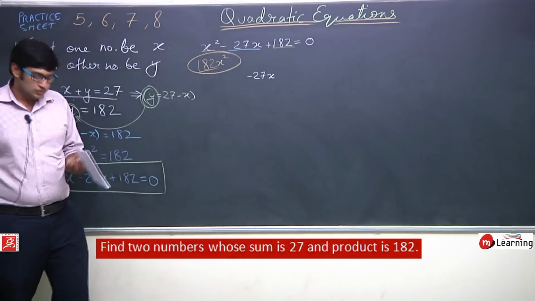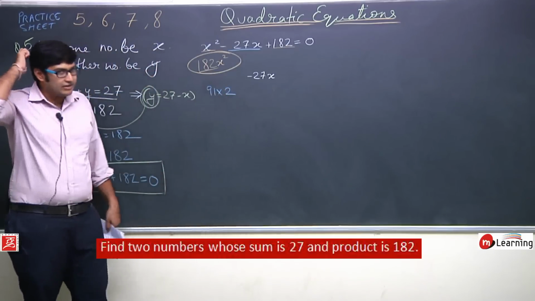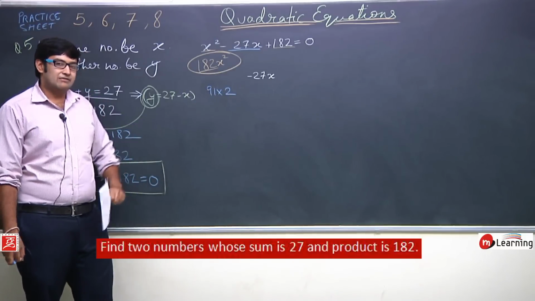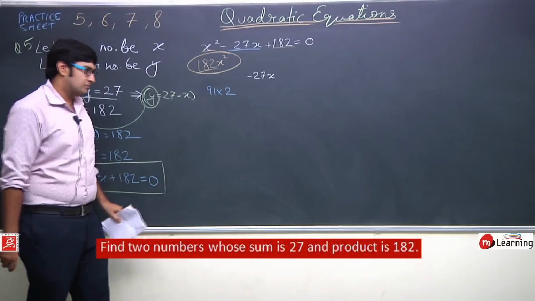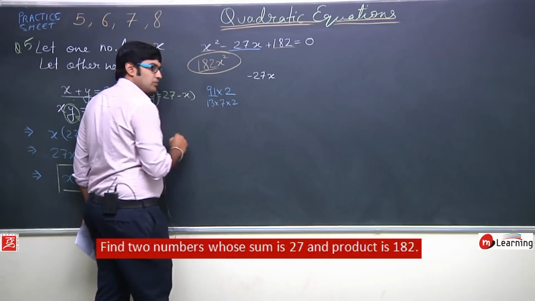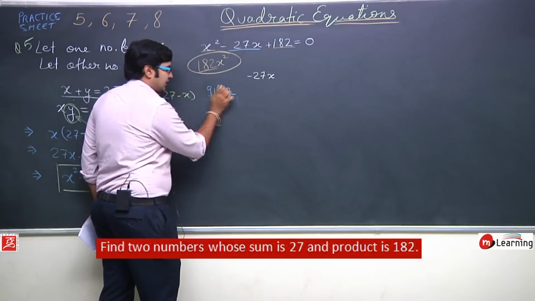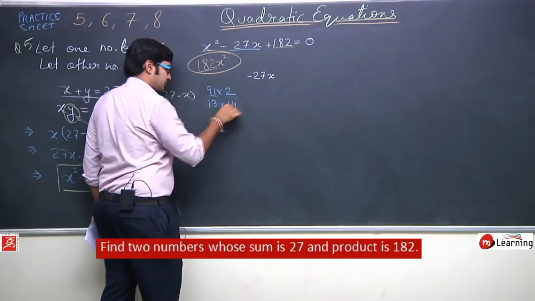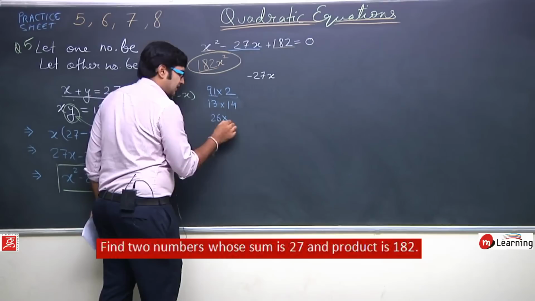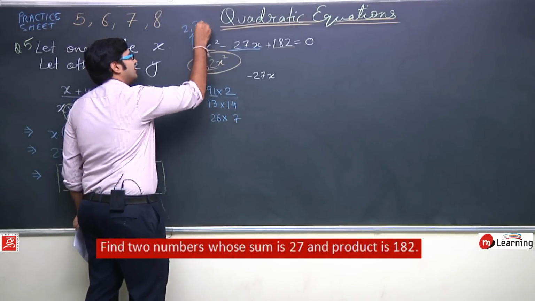It is divisible by 2, so you will get 2 into 91. Now 91, if I split this also, 91 is what? 13 7s are 91. So in place of 91, I can write 13 into 7 into 2. Now if I multiply 7 into 2, this 182 can be written as 13 into 14. Or this 182 can be written as 26 into 7, because I have 3 terms in this 182: 2, 7 and 13.